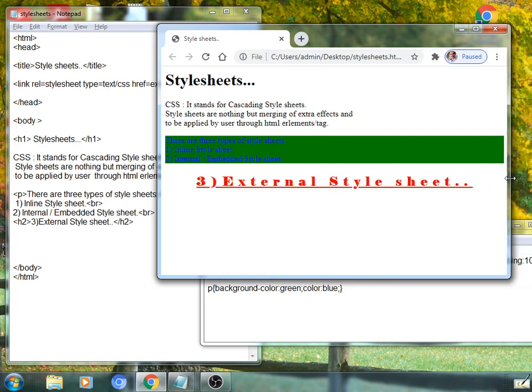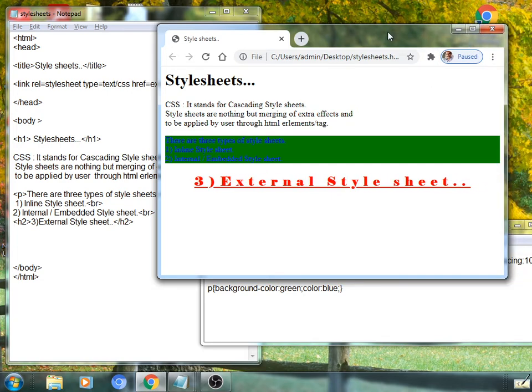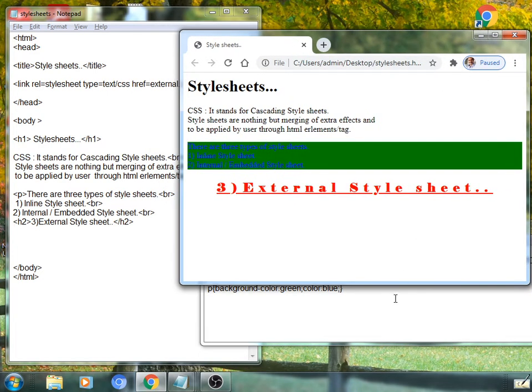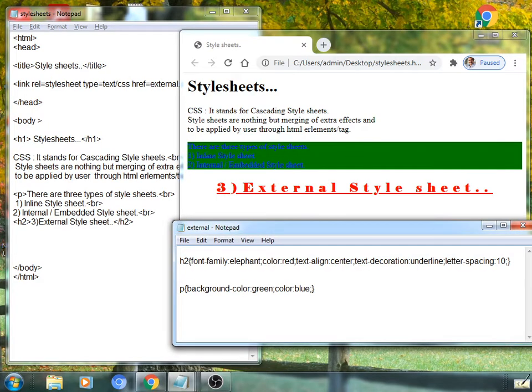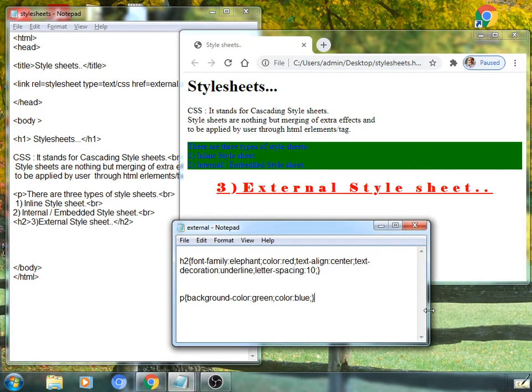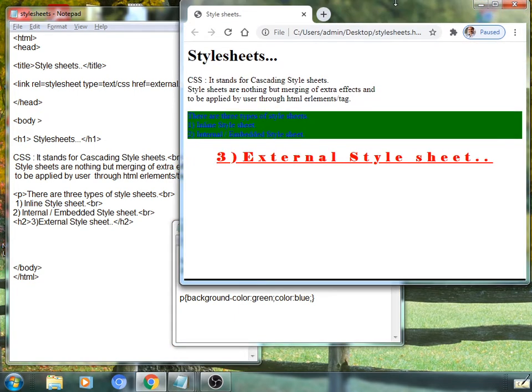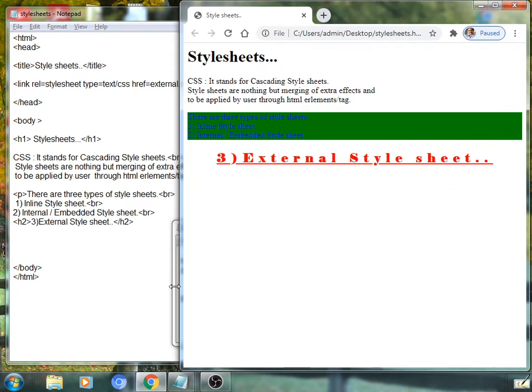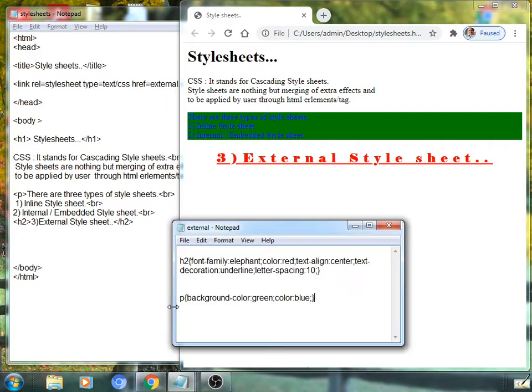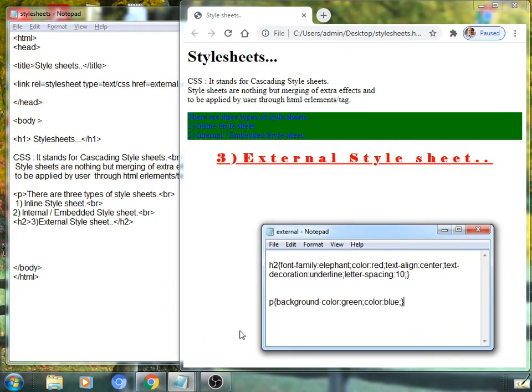So such effects are here, we are applying. Those are designed in something.css and will be applicable on the HTML file, while the same selector is used.